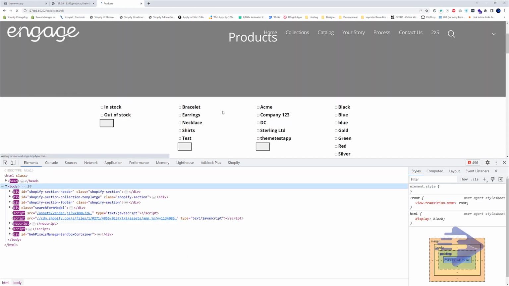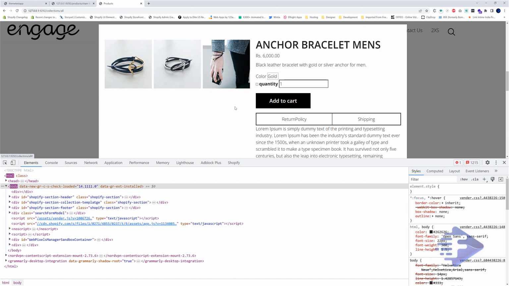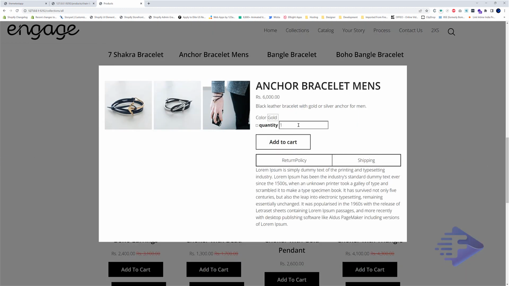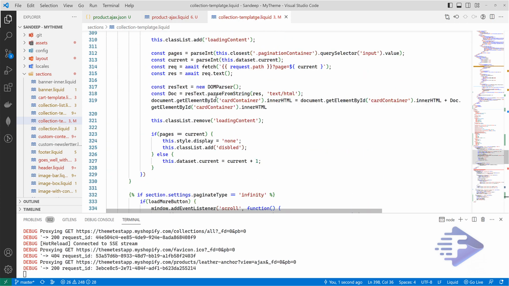Let's refresh and add quick view. Now we got a quick view. There's one mistake over here. There is no closing button, so let's add that one also.